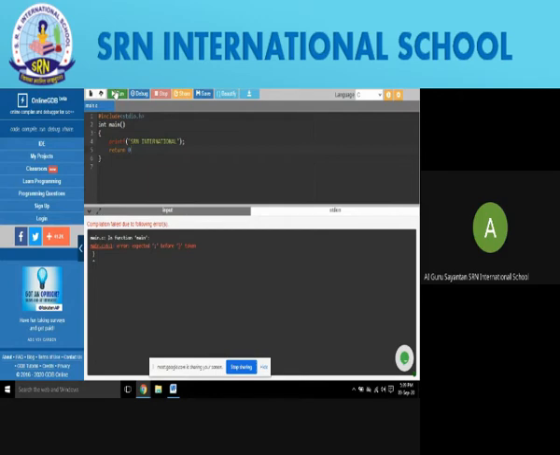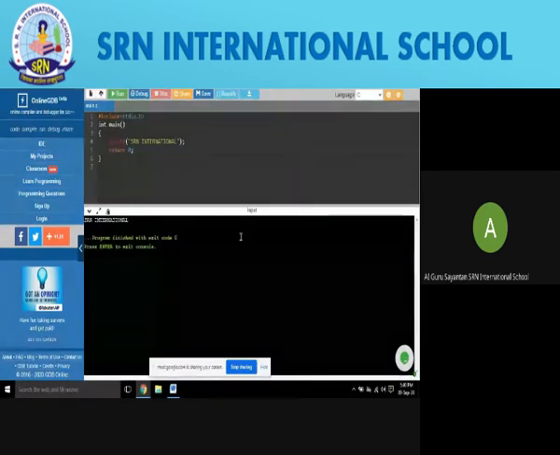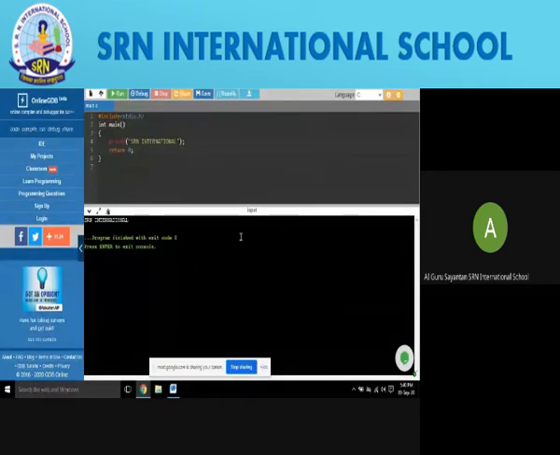Now let's start with the other thing. Let's give the semicolon over here and click on run. Since there is no more error, the run button has generated the dialog that we have written inside the printf statement, that is your school name, and you can see that yes, your school name is visible now since there is no such error in the program.